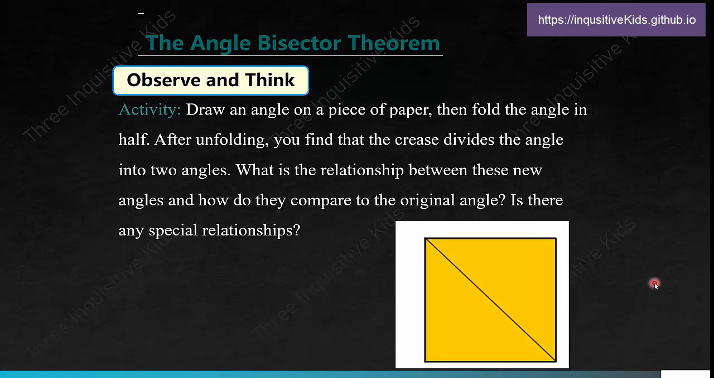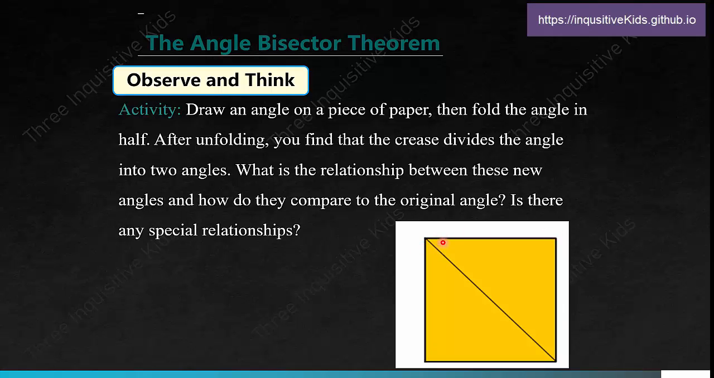Now we're getting to the angle bisector theorem. Observe and think. Activity: draw an angle on a piece of paper, then fold the angle in half. As you can see, there's a square paper right here, and you're going to fold a corner in half, from this corner to there. Then when you unfold it, you find that the crease divides the angle